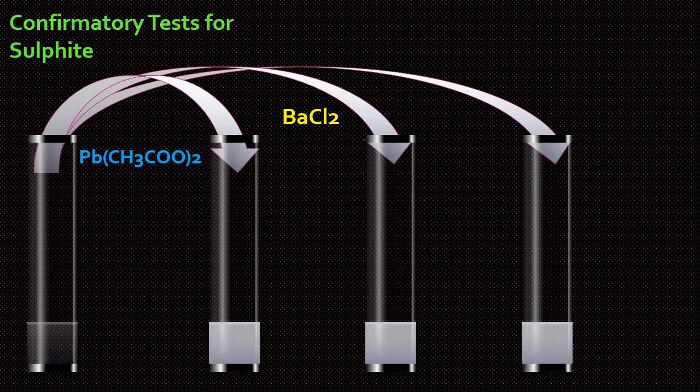Here also a white precipitate is forming. The salt is silver nitrate, AgNO3. So these three are the confirmatory tests for sulfide radical. If we add these salts into the original solution of sulfide radical, the solution turns into a white color precipitate or non-transparent white solution. I hope you understand. So, moving toward the next, the thiosulfate test.